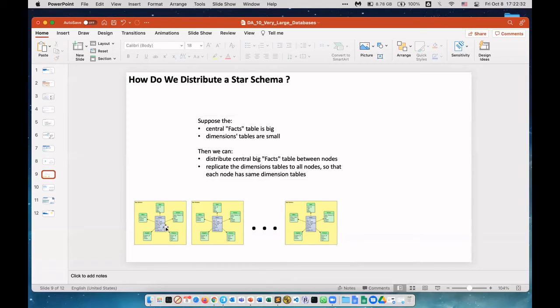The fact table, the event table, the central unit, is distributed. This is part 1, this is part 2, and so on. This way, when you do regular analytics and join facts to dimensions, the join will work fast because it will use the tables which are in the same node.